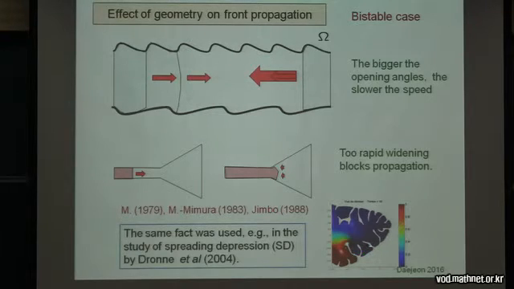Humans have a more complicated brain shape. Then the traveling wave, a spreading front which starts from here, for example, by an electric signal, paralyzes the brain. This is depression, and it wants to spread, but the human brain is so complicated that it gets stuck somewhere like this, while in a rabbit's brain, which is much simpler, it can easily spread all over. So this kind of study was done. It's one application of this observation for